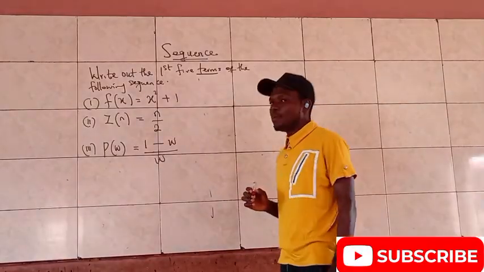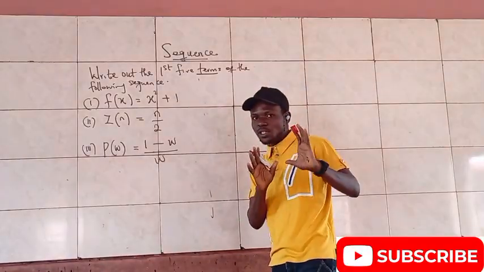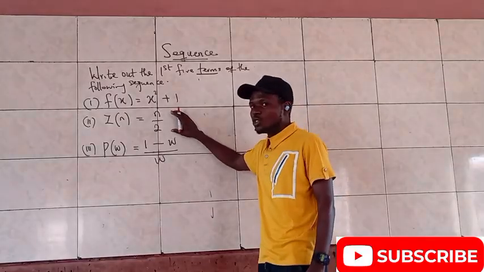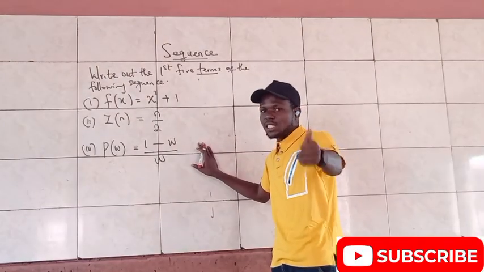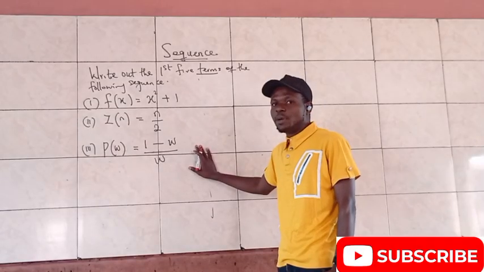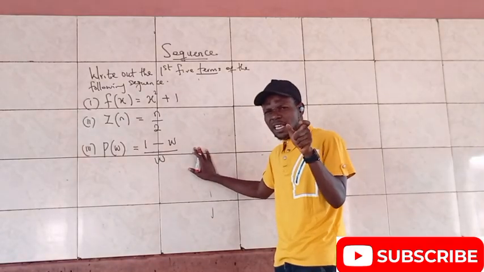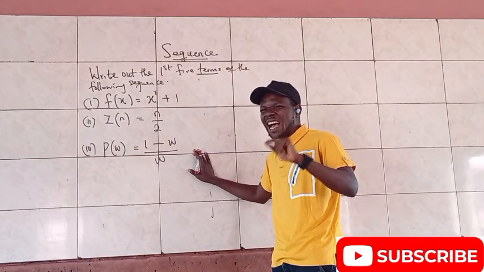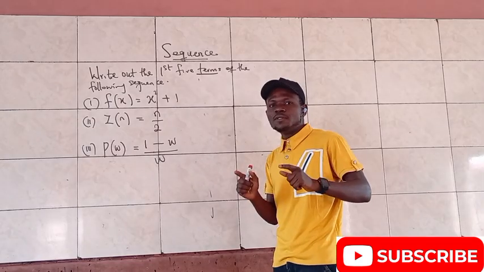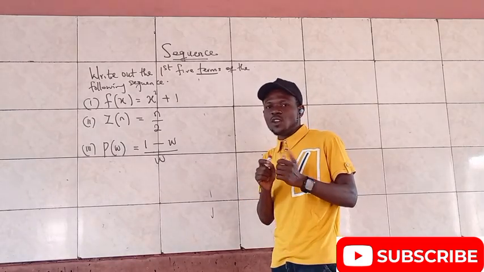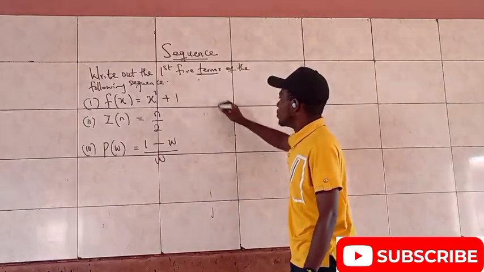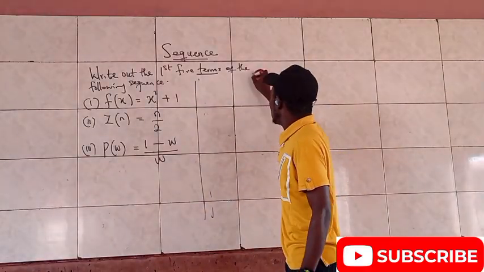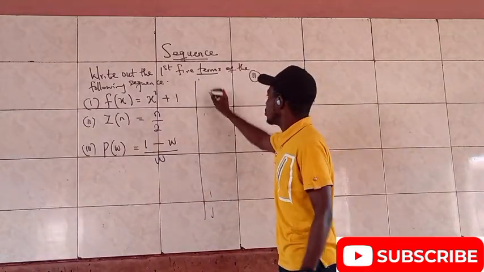Okay. I believe you have attempted it and you have your answers already. I will try solving number 2, then I'll just write out the answer of number 3. You cross-check with yours and see if it is the same answer you got. And don't forget, in mathematics, you are not just focusing on the answer. We are very, very keen on the process you followed to get your answer. So now let's try number 2 together, compared to what I've solved in the book.